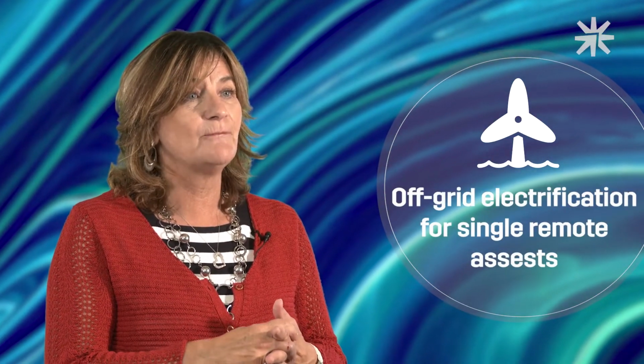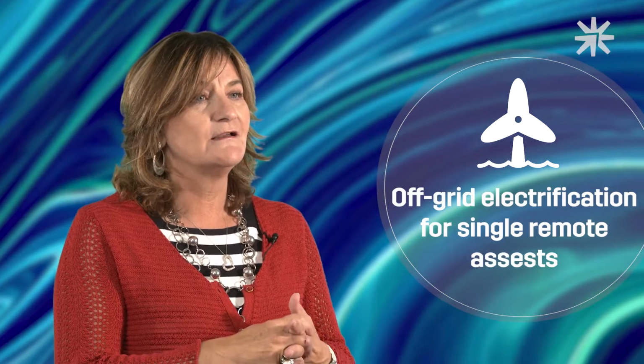Floating offshore wind has been identified as a critical solution in the delivery of net zero in Scotland and the UK. It is important in the electrification of oil and gas assets as part of the North Sea Transition Deal. The deal targets a 50% reduction in oil and gas production emissions by 2030, with net zero being achieved by 2050. Small, under 50 megawatt projects can provide off-grid electrification for single remote assets, while large 1 gigawatt projects can